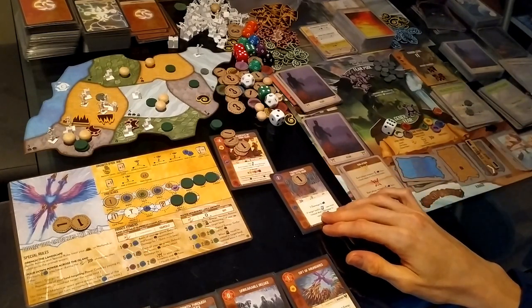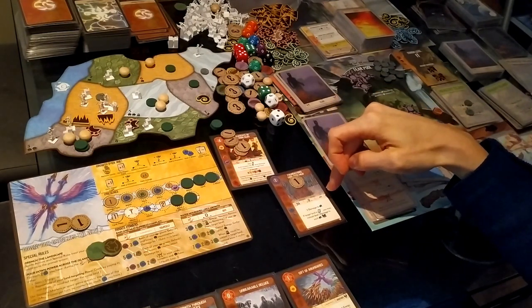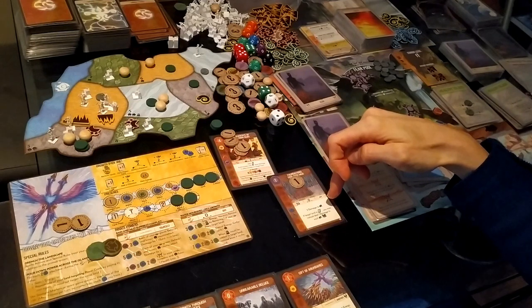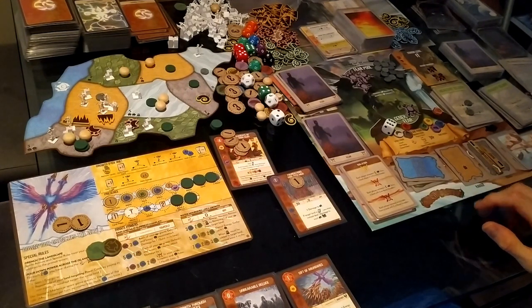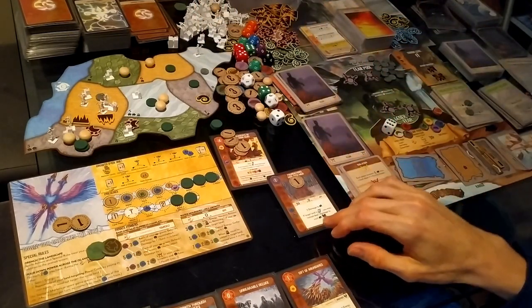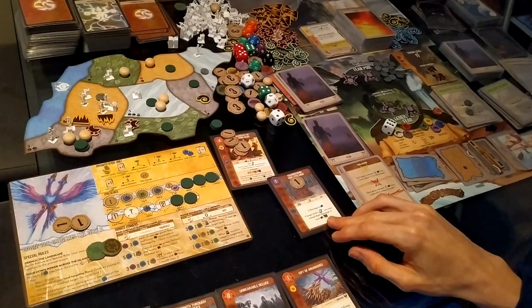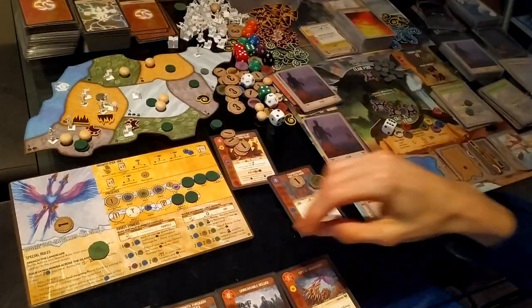Okay, so slow powers then. We have 1, 2, 3, 4 water, which gives us 2 here. So I can do 2 damage to a town at range 0 as well. So I think it's going to make sense to take this town, which generates a fear, and then I think I will repeat once to take out this town, which generates a fear, and then